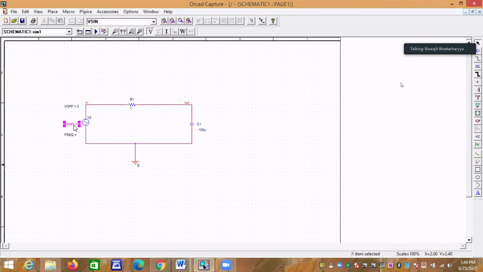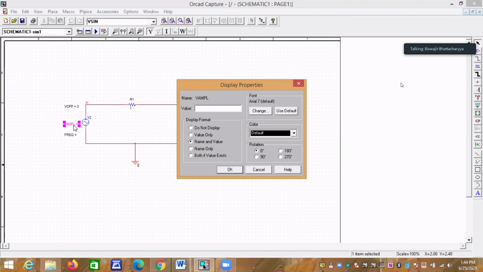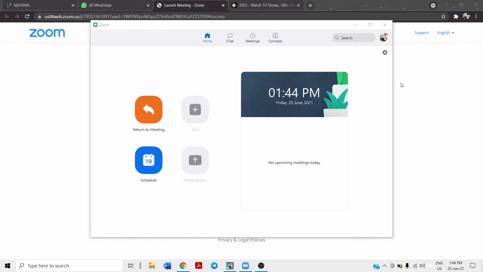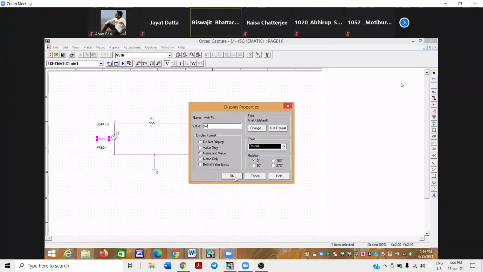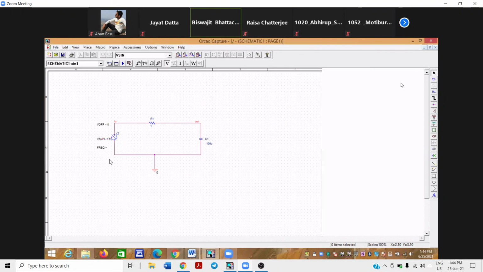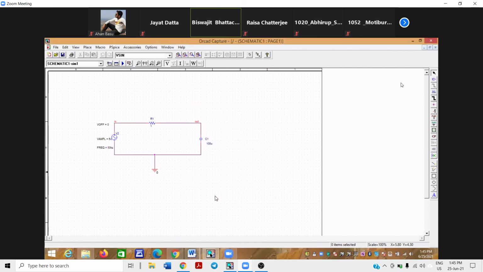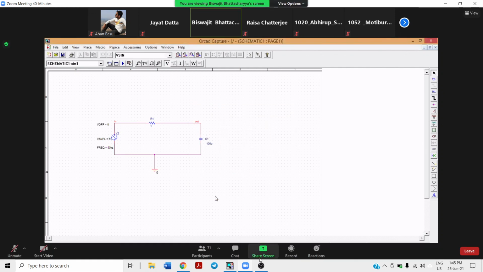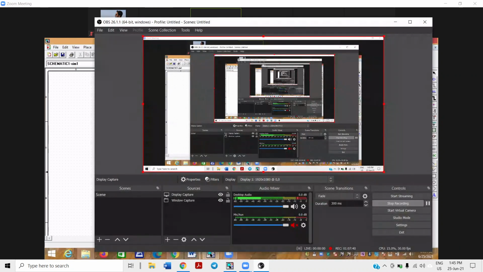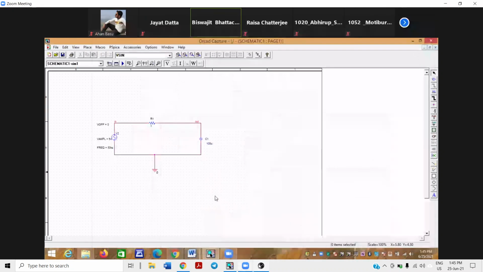And V amplitude, say we want to give an amplitude of 6 volt, peak value. And frequency, so we give a 50 hertz frequency. You can write either 50 or 50 Hz. Hz means hertz, or you can omit Hz also, no problem. Things are ready. Now you want to find out 2 cycles of the waveform.